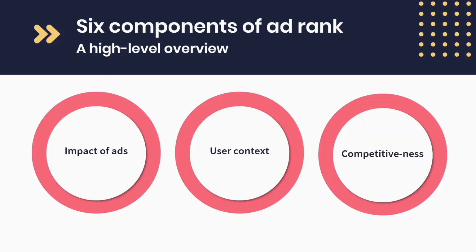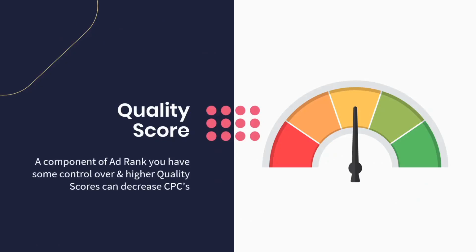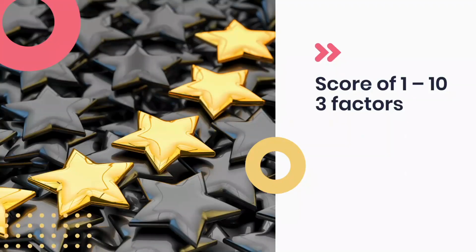They might just do so at a higher cost because it is more competitive. Moving on to quality score, and this is something that you have more control over. You'll never be able to control all of it, but a higher quality score can decrease CPCs, so it is very important. So your keywords are given a quality score from 1 to 10,